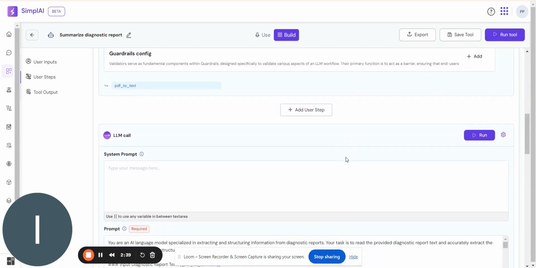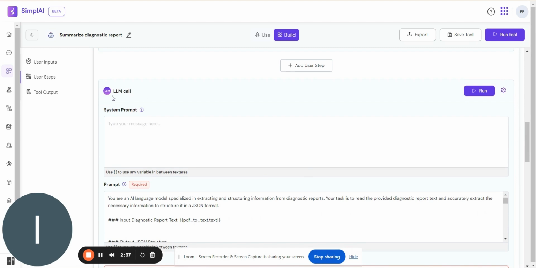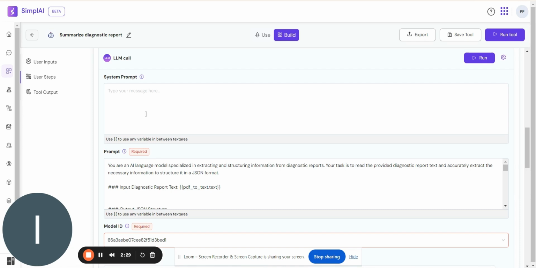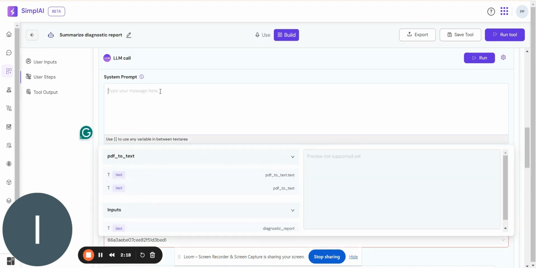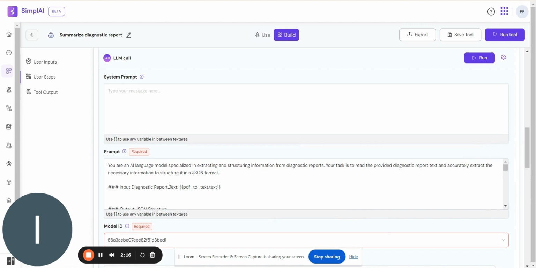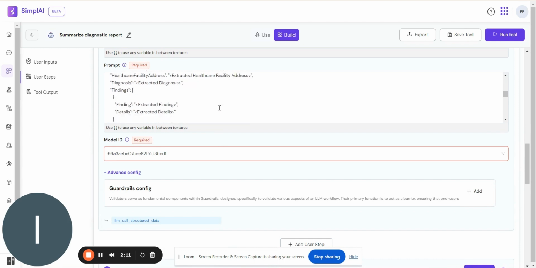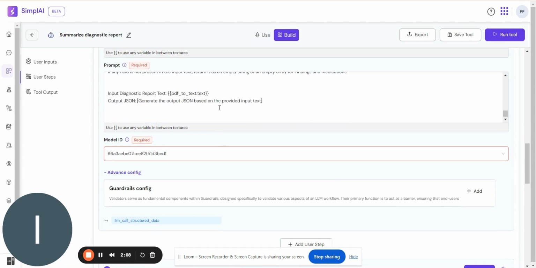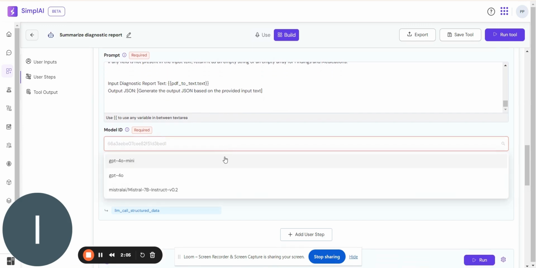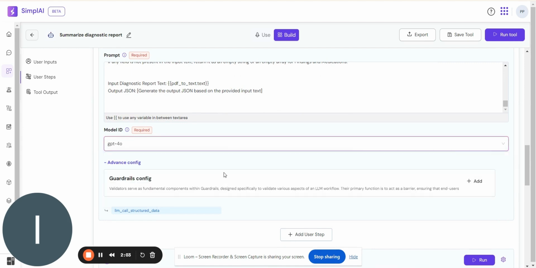Now coming to the next step, that is LLM call. In this step, we are using an LLM where we give all the prompts by supplying every piece of contextual information. This is where the tool leverages the power of a language model specifically to interpret and extract the essential details from the text. The system prompt is where you can instruct and add if needed, and the main action happens in the prompt field. Here I have set up a structured format to extract the key information of all the things which are in the report. Now we can choose the model of our own choice as per availability.